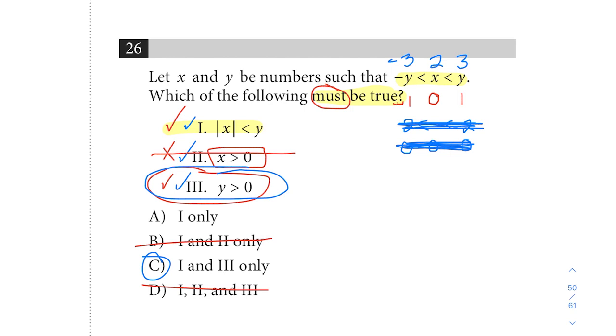So the numbers might seem like they're not very big and not that hard to play with here, but conceptually, 26 is a tricky question because it does require us to be ultra